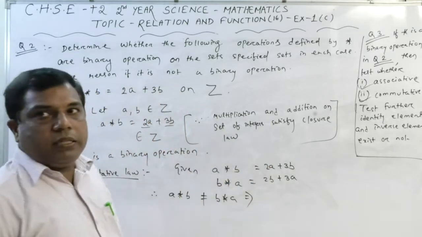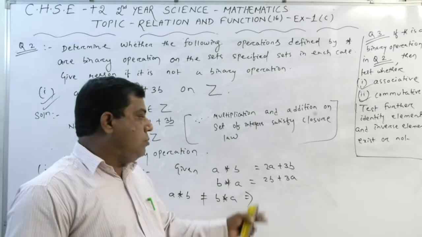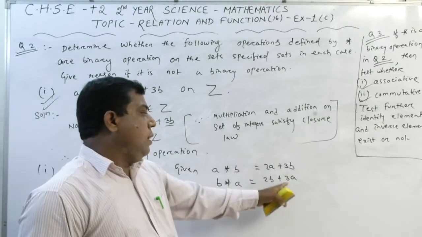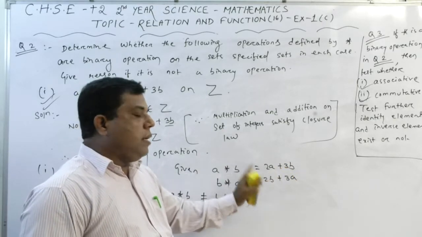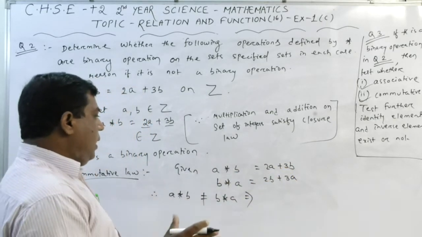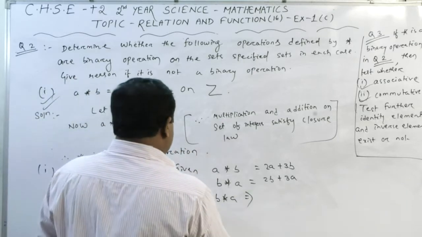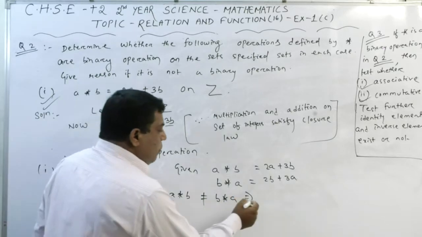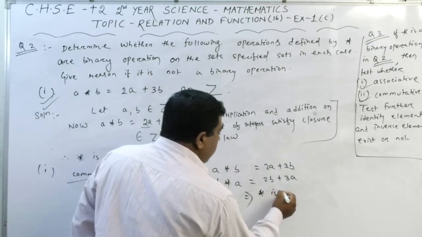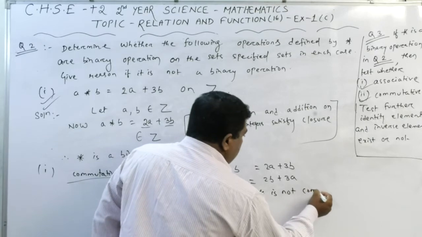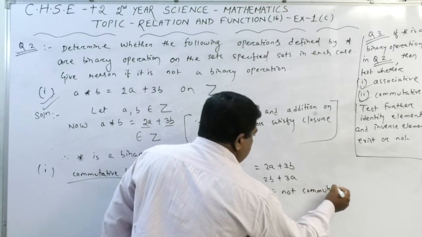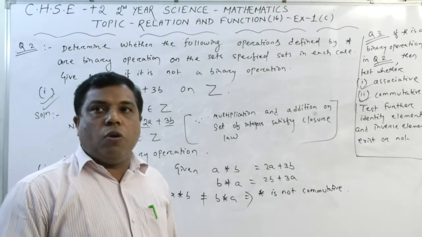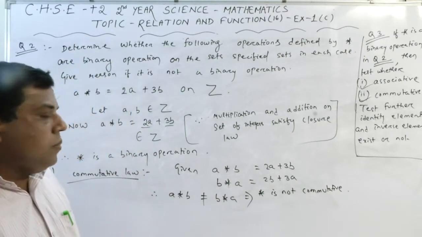If equal, then they should have the same value, but you see here the values are different from each other. 2A is there, here 3A is there. On that, 3B is there, here 2B is there. So they are not equal in value. So we can say A star B is not equal to B star A. That implies star is not commutative. Now that is checked. Yes, it is not a commutative binary operation. It is not commutative in nature. That we can say.